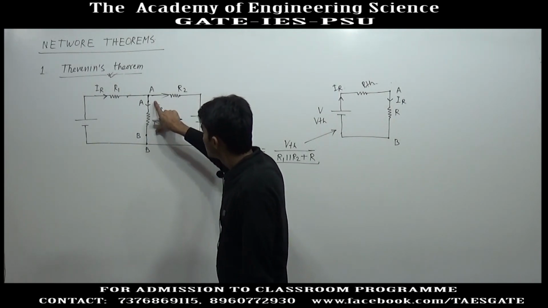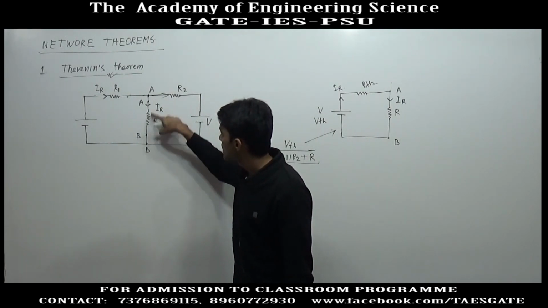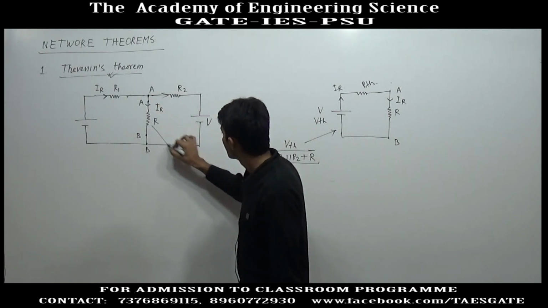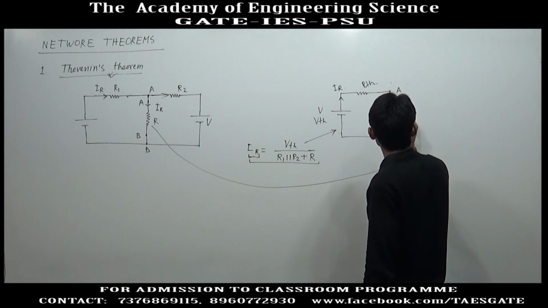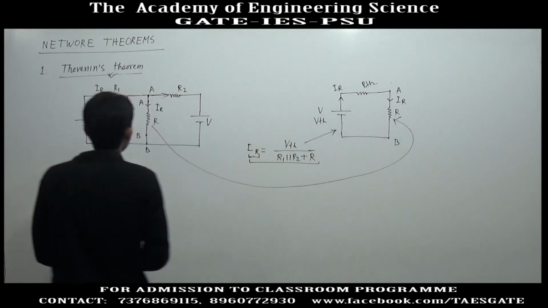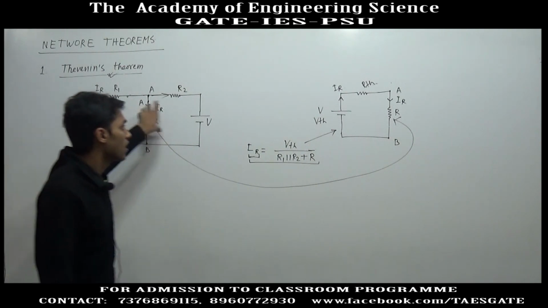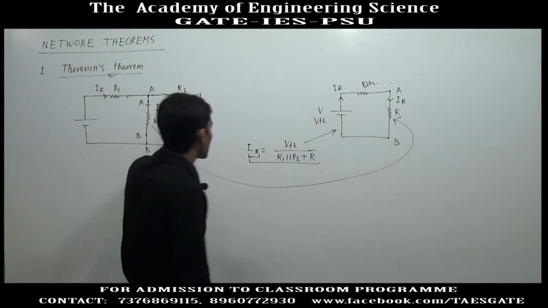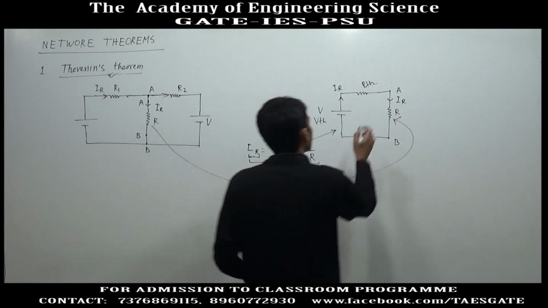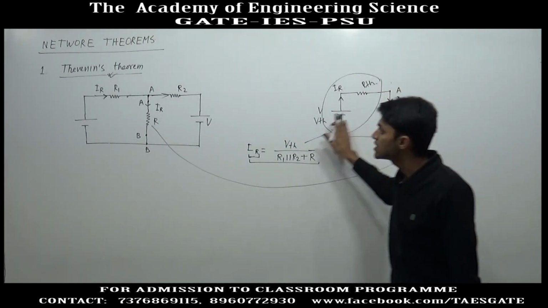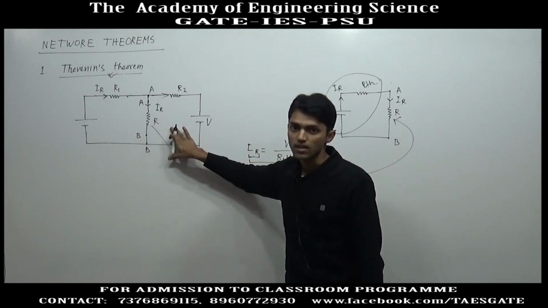So, only the elements which are inside point A and B are made the part of the circuit. The part of circuit inside point A and B is shown here. The rest of the circuit has been removed. This is a completely new circuit. This is a completely new and equivalent circuit to this circuit.